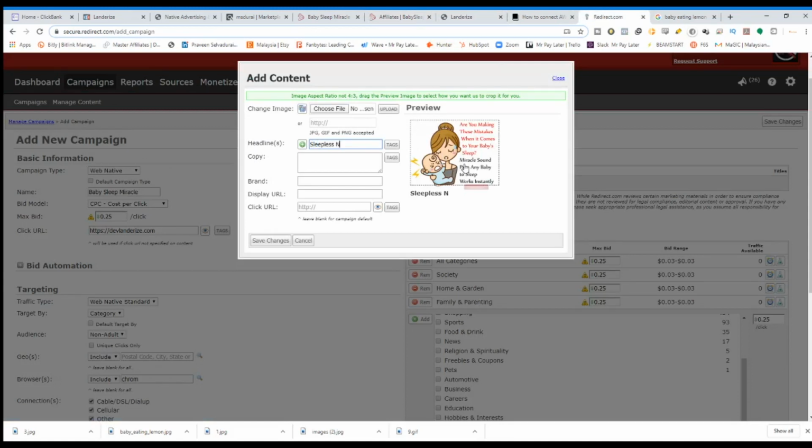Sleepless night, try this one trick to make your baby sleep. Okay, so for copy I'm going to show you guys, but let's do brand first. So branding, it's baby